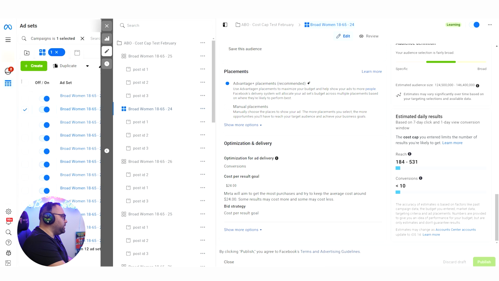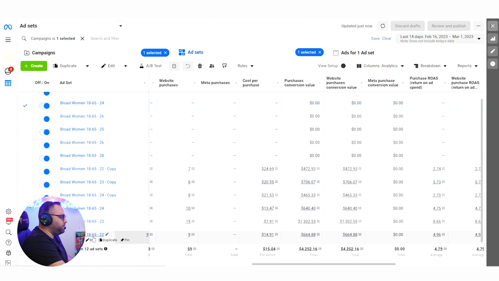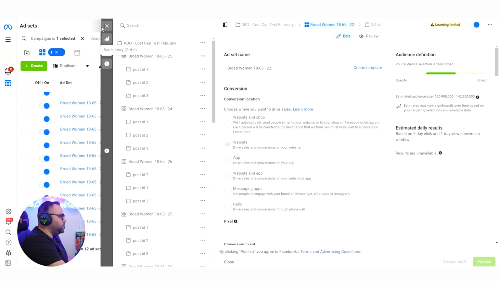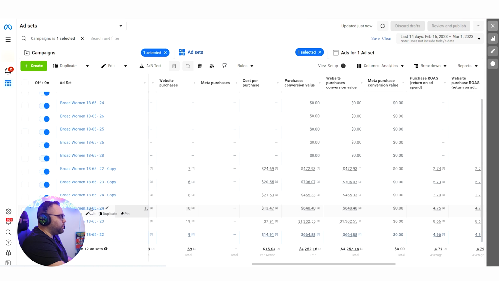So I'm starting here on this one, for example, it has 24. I have exactly the same ad set, 22, 23, 24, okay? And I'm trying to work my way up in order to see how much it's going to spend. Now, you can see that in the results over here, it spent on the 24, it had 13, 7, 14 here on the 22. And over here on the other results on 22, 23, it had 20, 24. So it doesn't mean that if you put 22, it's going to give you 22. Most probably it's going to give you a little bit less. Rarely, and in the accounts that it's not working, I see it giving you purchases which are higher.